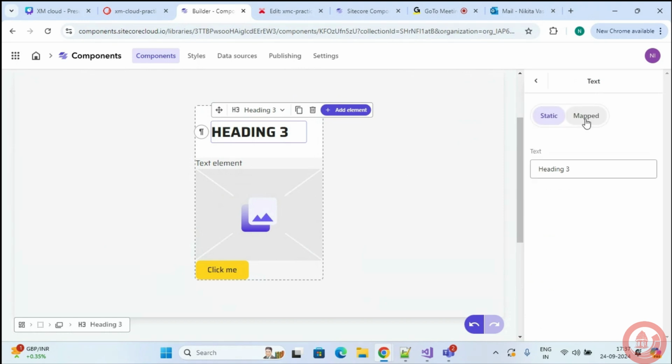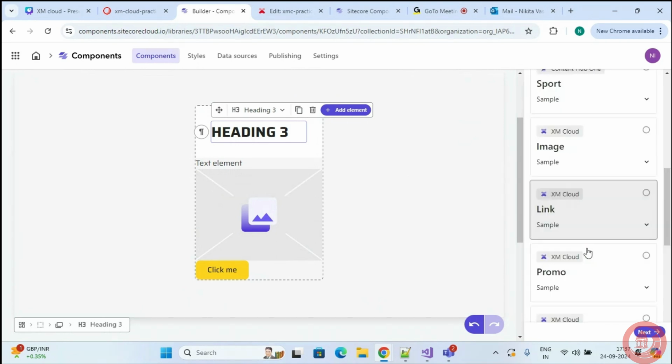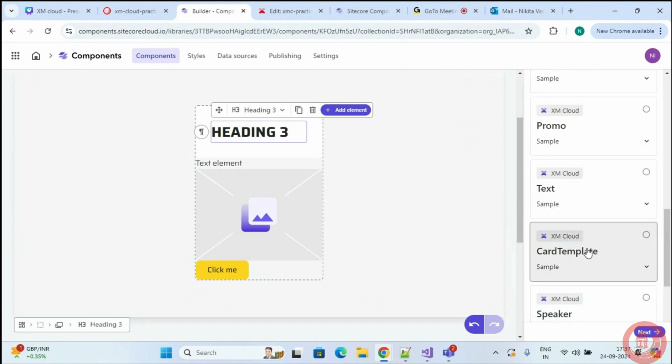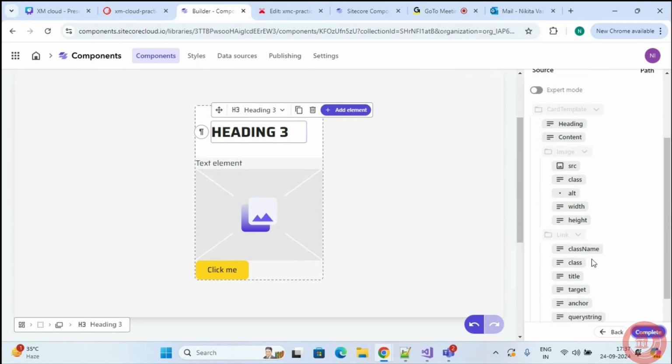Rather than giving a static image source, I can map it with the src field of my image. Then for my button, I can give the text from my link text field, and for my link, I can select the href field.